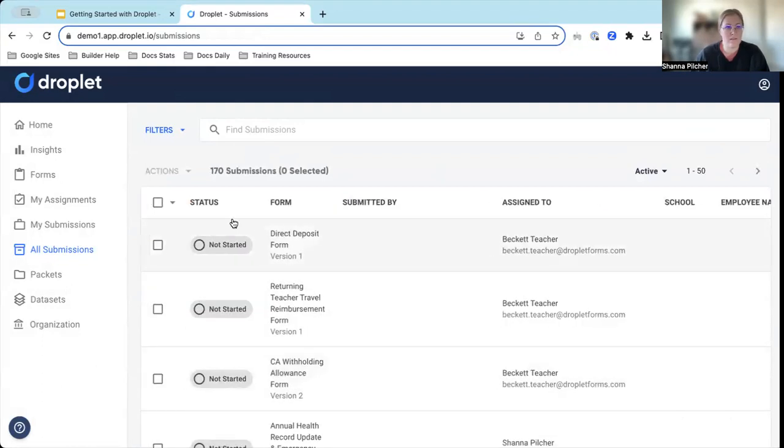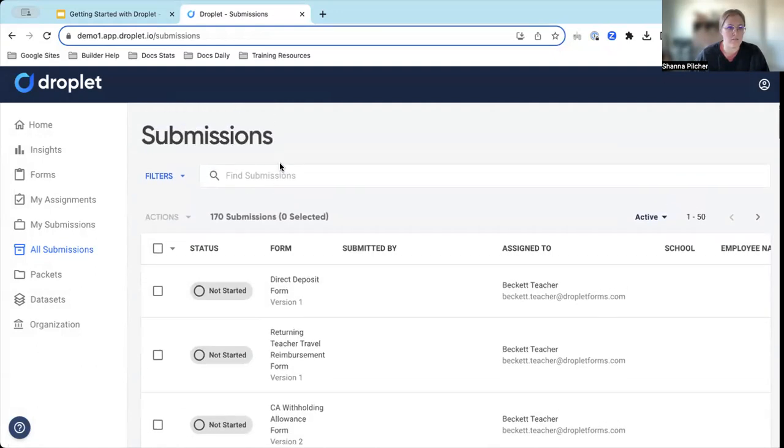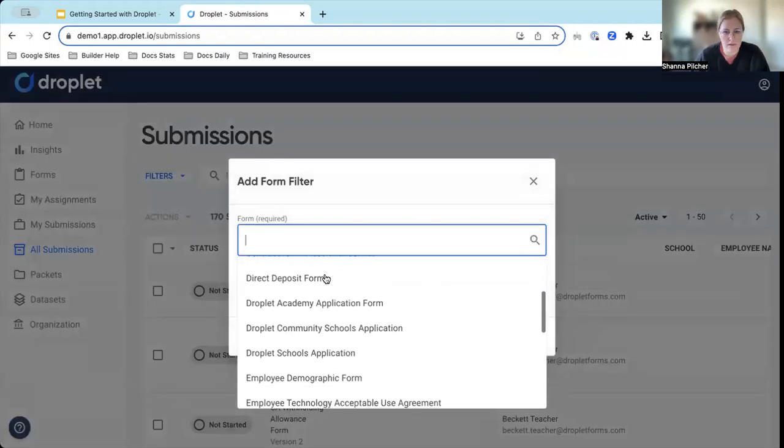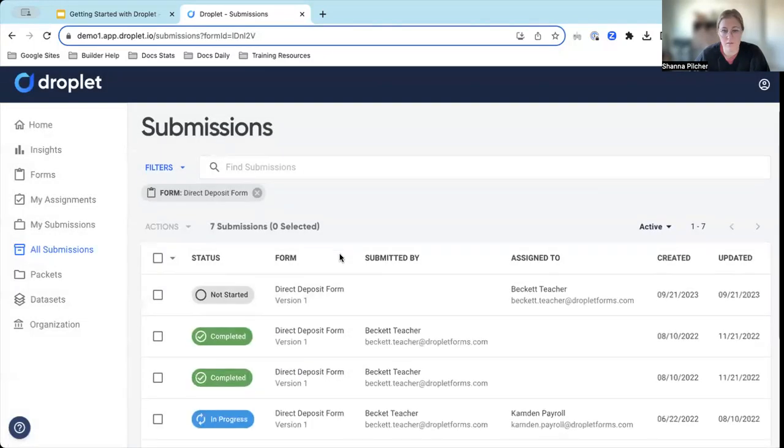Now, some of you may need to download submissions as PDFs and store them in digital or physical personnel files. You can start by using the search or filters to find the submissions that you are looking for. And if you are downloading multiple submissions as PDFs, you'll want to make sure that it's from the same form. So here I'm going to filter by form, and I'm going to try out the direct deposit form, see if